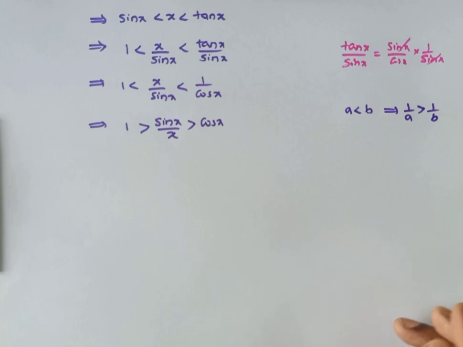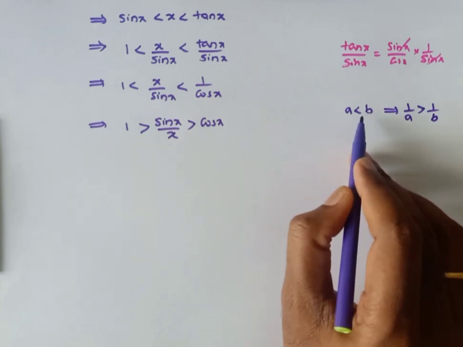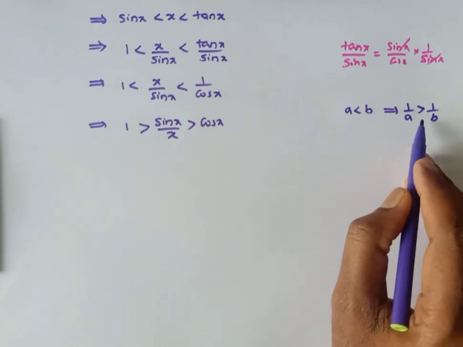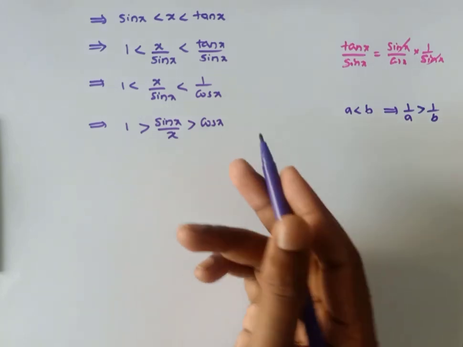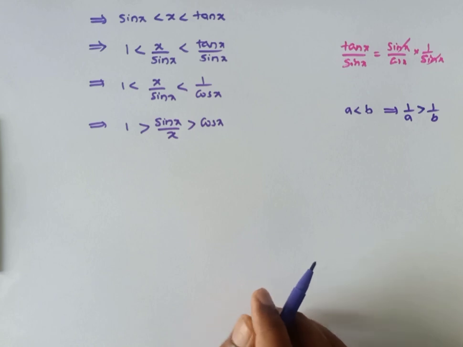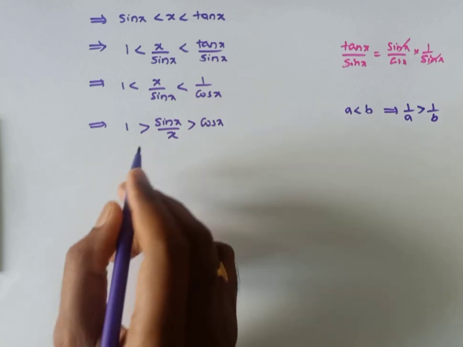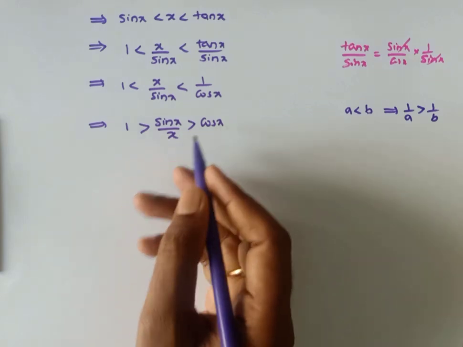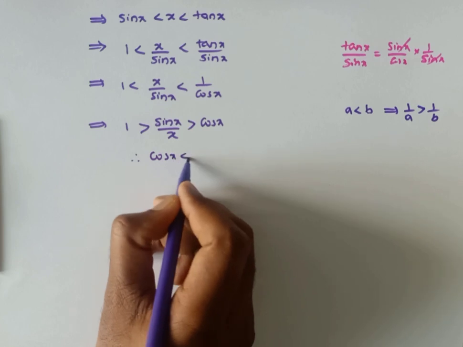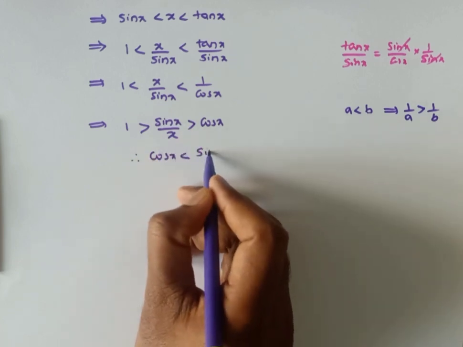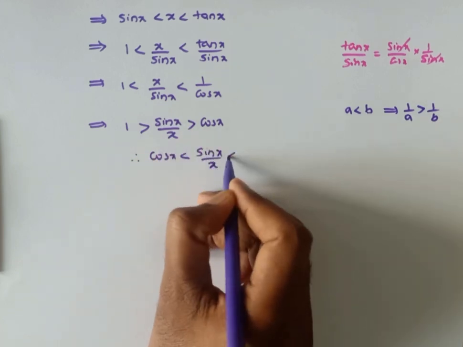So already in our functions we have learned things like this. Suppose 1 is less than 2, then 1 by 1 is always more than 1 by 2, right? So like that, for unknown functions, the relation definitely changes when we reciprocate the inequality. And so 1 is greater than sin x by x is greater than cos x, or we can write this as cos x is less than, reverse version, sin x by x is less than 1,